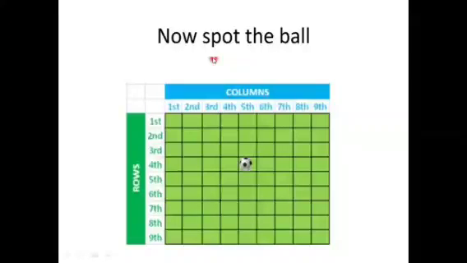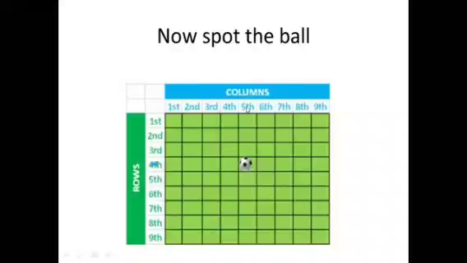Now, look at this figure. Can you now represent the position of the ball? Maybe yes, because if you could see, the ball actually lies in the fourth row. And if you go through the column, it lies in the fifth column. But then again, when I have rows and columns, maybe I'm able to define the location of the ball. But mathematically, there is an easier way. Let us try to understand the theory of coordinate geometry.